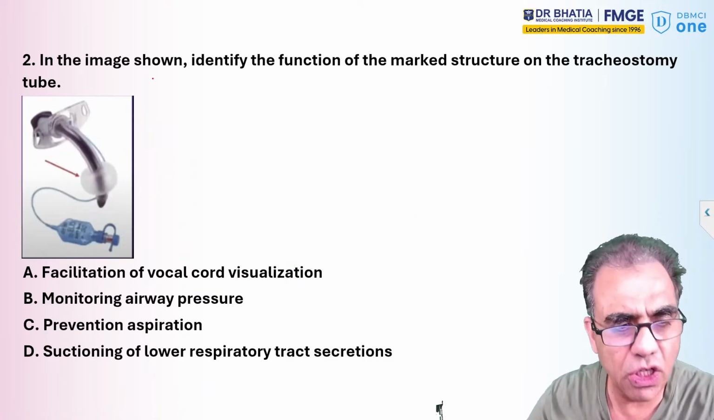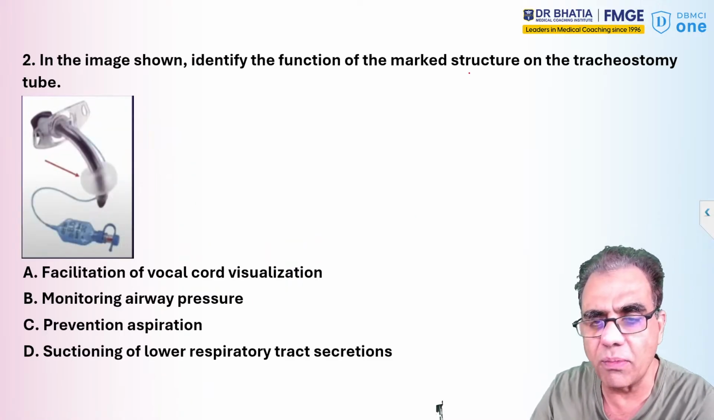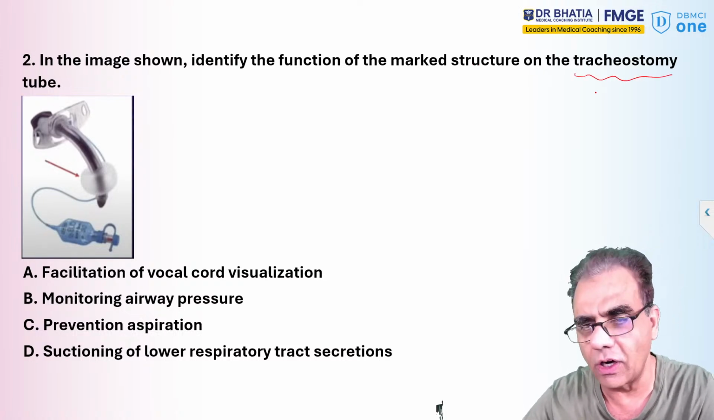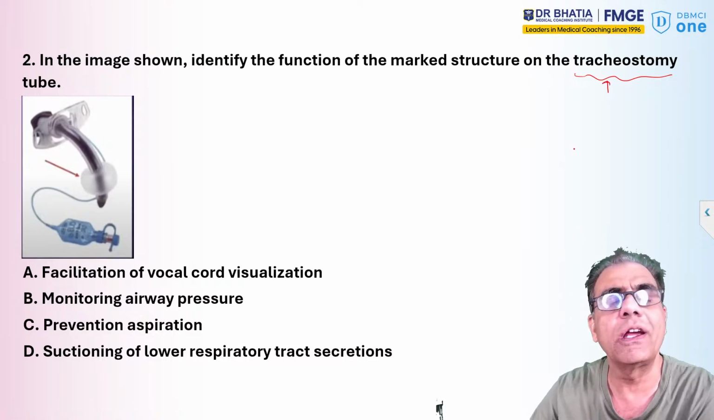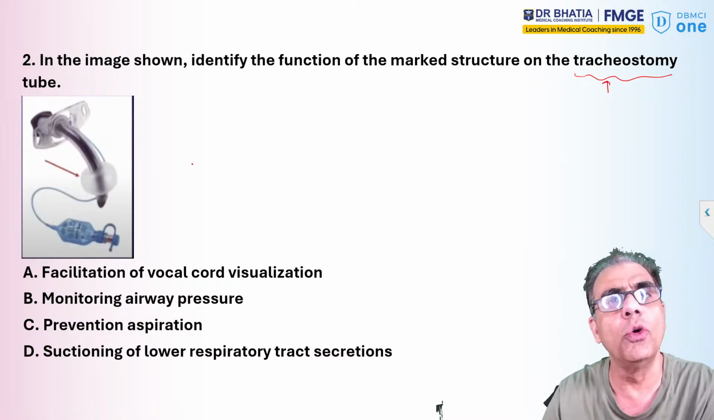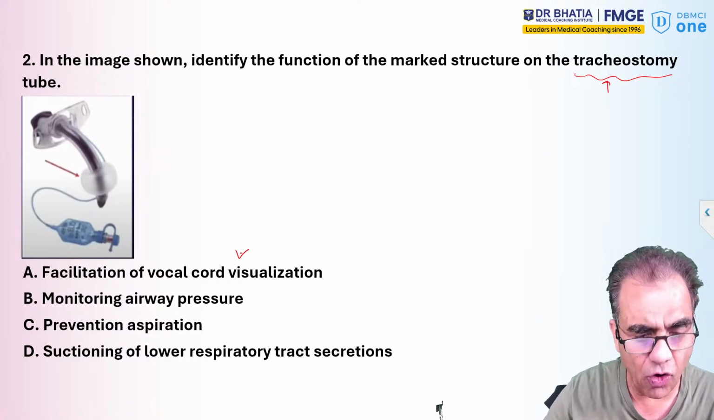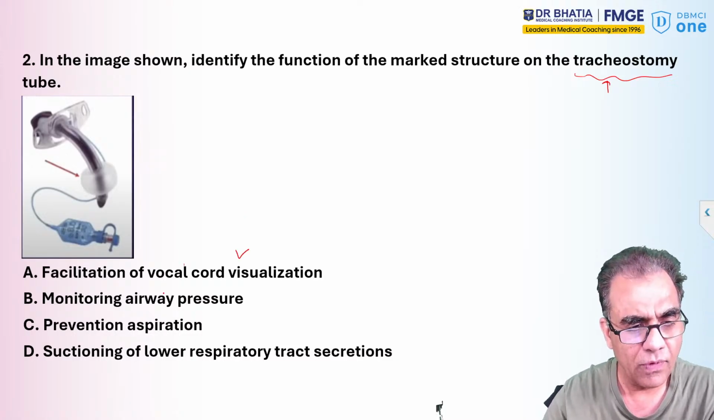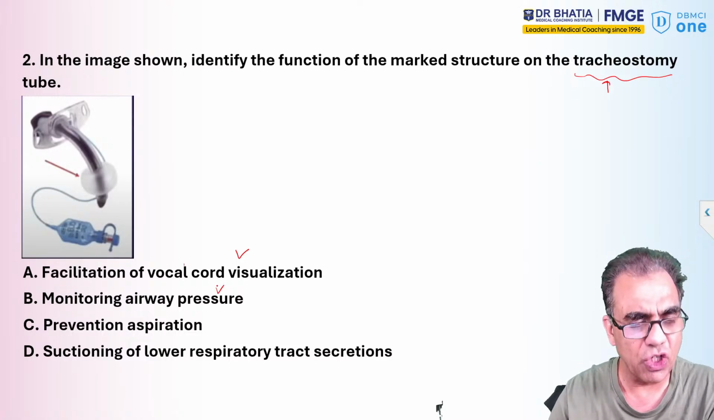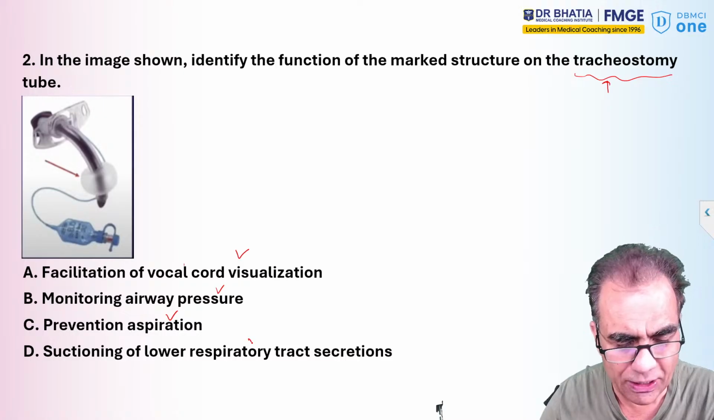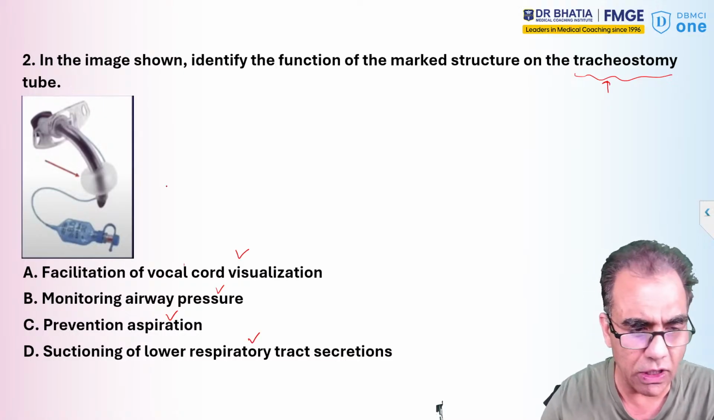In the image shown, identify the function of the marked structure on the tracheostomy tube. However, the question I got initially was showing an endotracheal tube. So of course it is not an endotracheal tube, it is a tracheostomy tube. Options: facilitation of vocal cord visualization, monitoring airway pressure, prevent aspiration, suctioning of the lower respiratory tract secretions. So this is